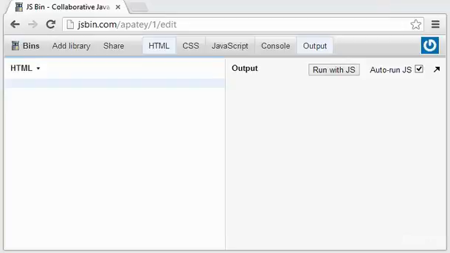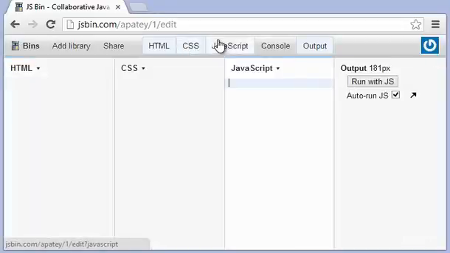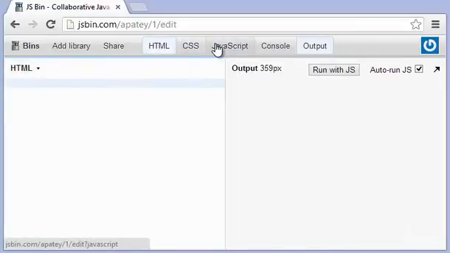Now, you probably have something, if you've just come to JSBin, in the HTML, CSS, and JavaScript. I just want you to highlight everything and delete that. The reason is that we're going to actually start everything from scratch here. And actually, one of the best things you can do once you're finished this course is to